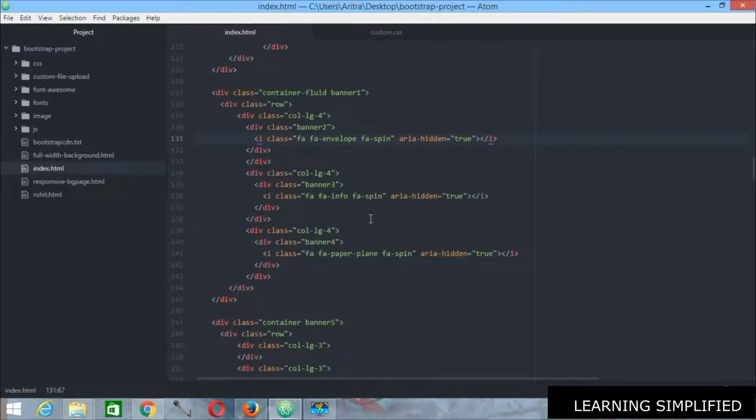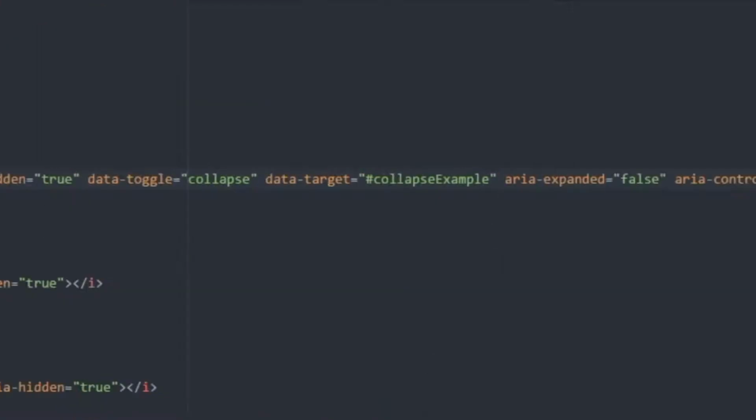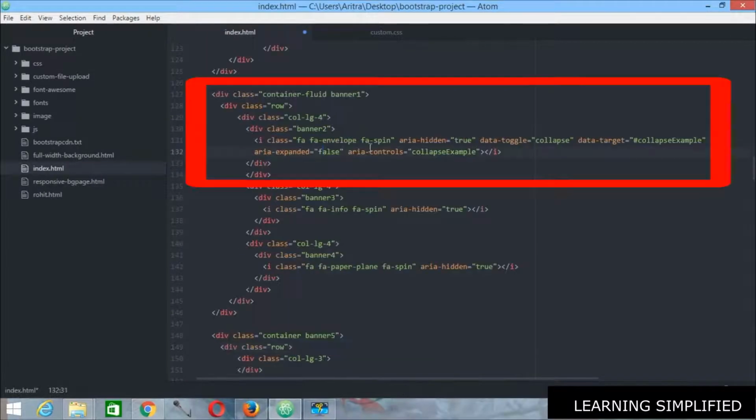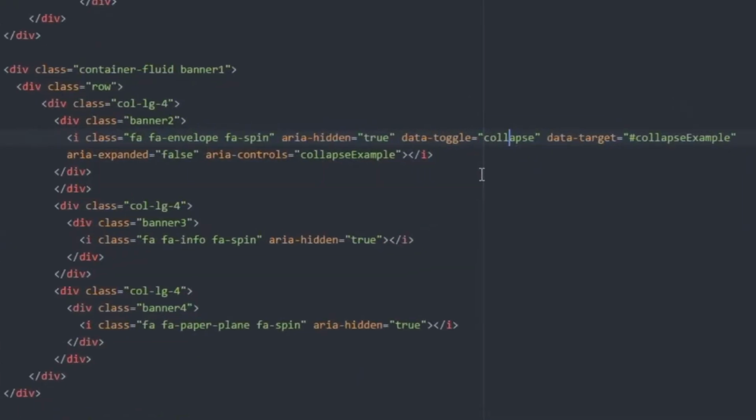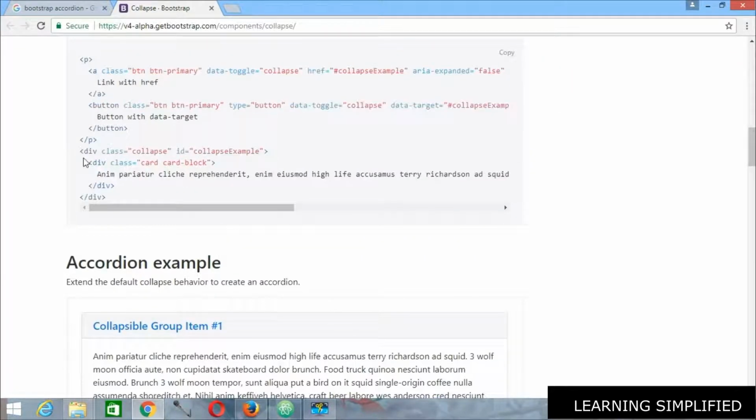So this is the first thing that we are going to copy, and we are going to place it into index.html in the first case, where the I class far envelope first pin is being placed. So all we are doing for the time being is just pasting it. Now we can see that aria hidden is true, data toggle collapse, it is needed. This is the only data attribute that will make all those collapse actions come into reality. Data target is needed to specify a particular CSS selector. In this case it is an ID practically,